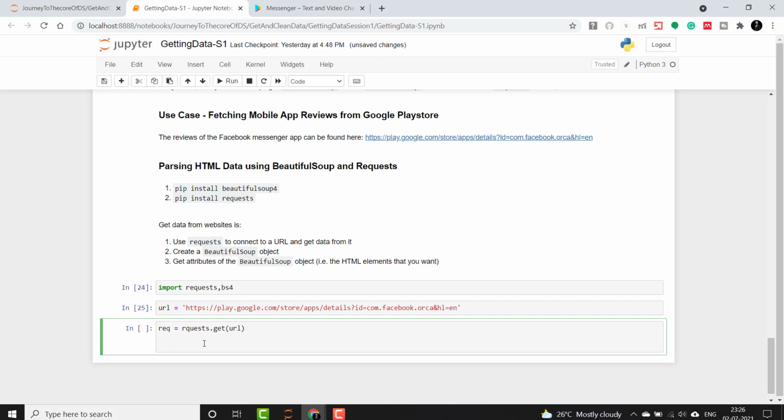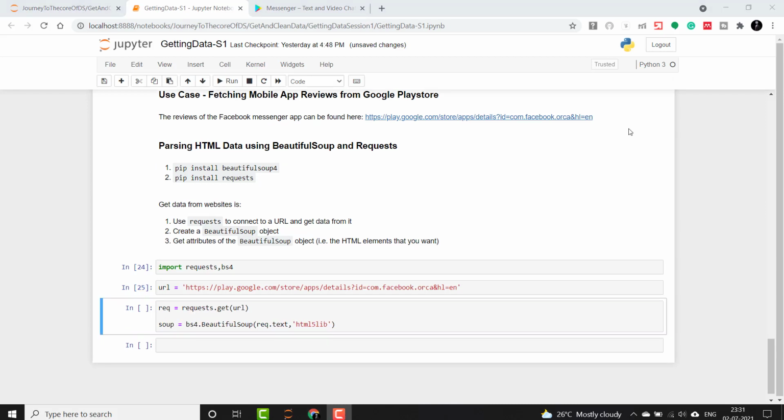For that we'll say bs4.BeautifulSoup, and then pass this request object here with .text, and we'll pass here html5lib. This is just passed in order to avoid the warnings. It is an explicit parameter that we are providing here, and we will name it soup object. Now let's run this.